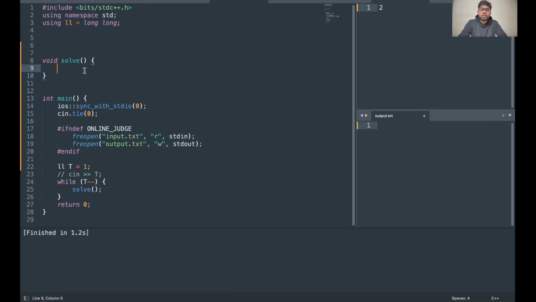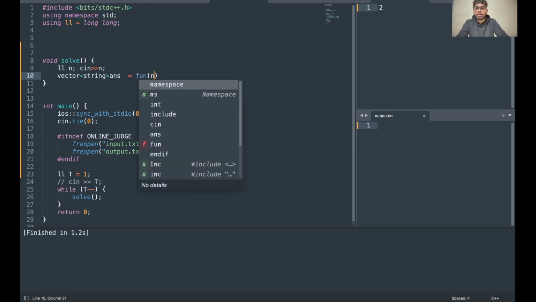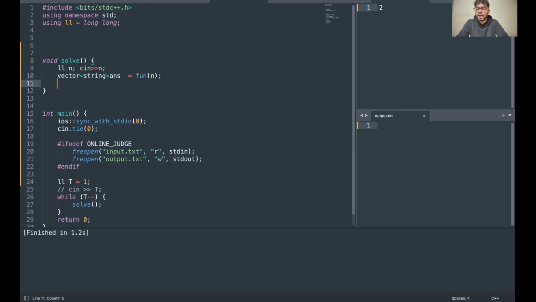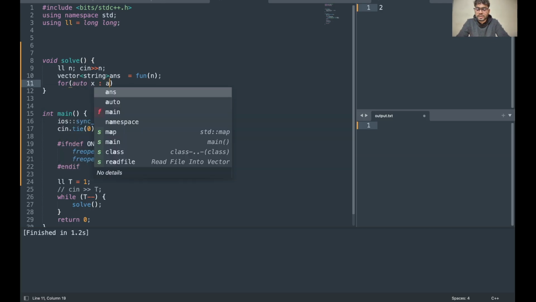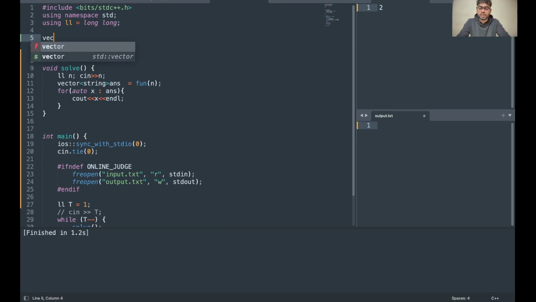Now coming to the code part. First of all, I have to take input of n. Then I am creating a vector of strings, that would be my answer. From here I call my recursive function, and for each answer I print all 2 to the power n possible strings. After that, I create a function returning a vector of strings. The function name is fun, and